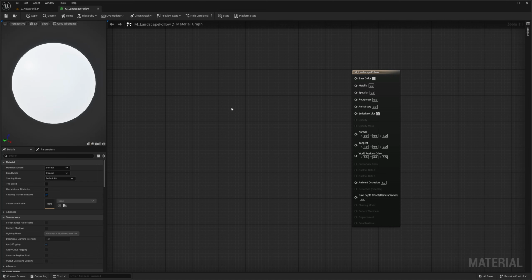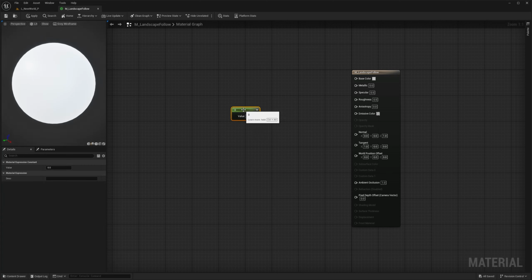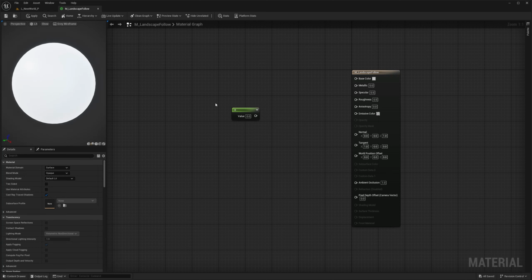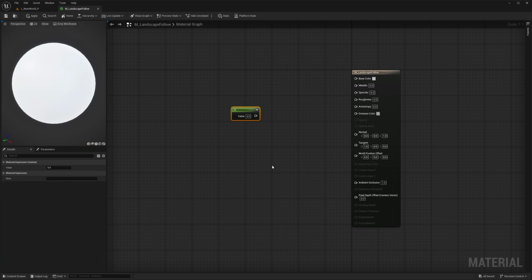What I like to do is right-click, and I just go here to this menu, which is essentially the menu beside it, and just look for whatever I want. So just say constant, right? That's kind of the way that I like to approach it when I'm working. Truth be told, though, you're probably going to know the hotkeys for the majority of this by the end of this course. So as I'm creating, I'm going to tell you exactly what hotkey I'm clicking. I'm going to explain to you why that node exists, and then it's going to be easier to understand based on that.